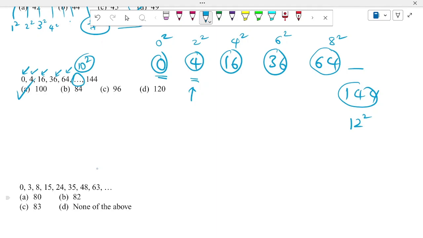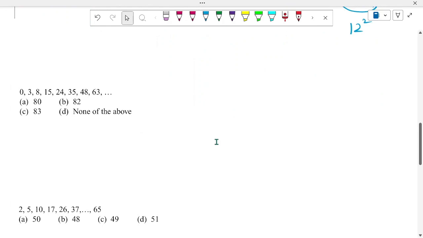So you should be very quick in identifying these kinds of things. I know initially it will take some time, but the more you practice, you will be able to solve them. Next time if you see the series, then you will clearly know that it is obviously a square of even numbers. Then next one,